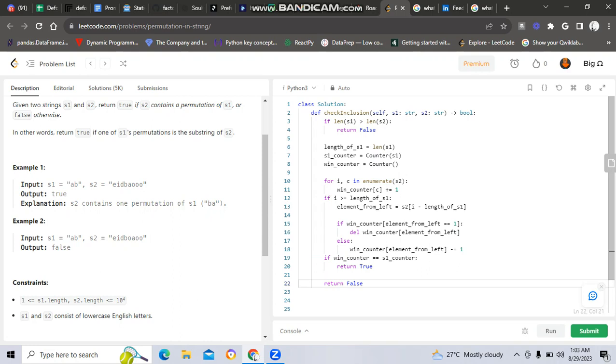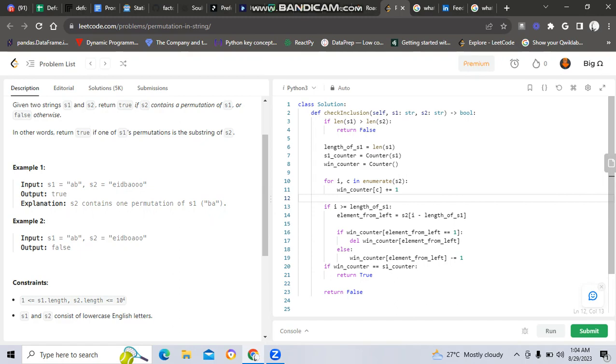Then we check the condition: if window counter of element from left equals 1, we simply delete it from the window counter, otherwise we decrement it. Then we check that if window counter equals s1 counter, it returns true, otherwise it returns false. So where is it showing the mistake? Here we check that